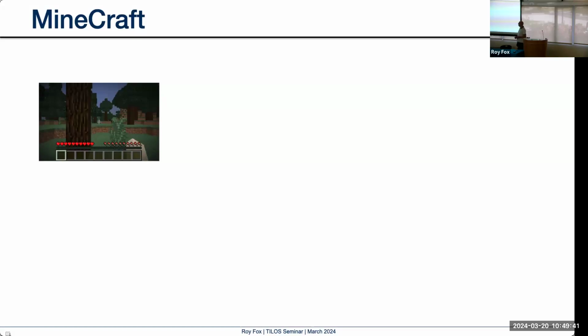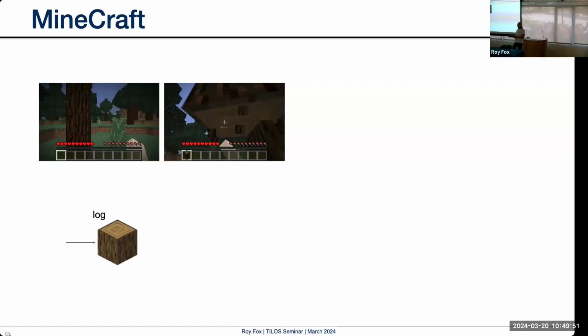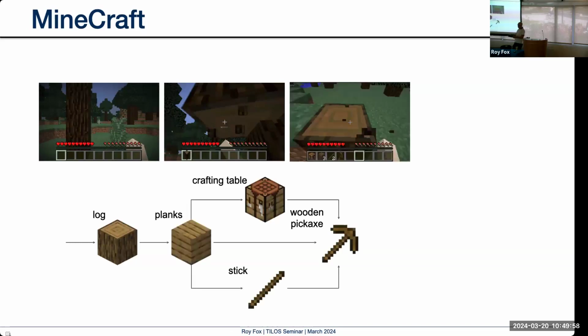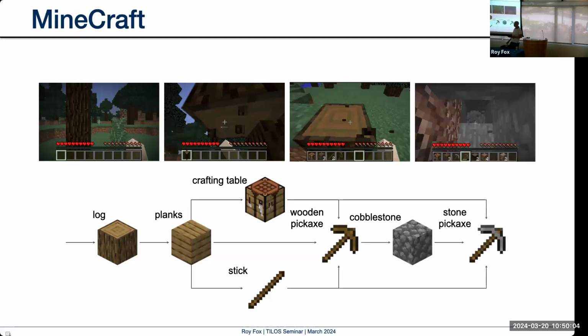So here's an example in a domain called Minecraft. I'm sure you've heard of it, right? The agent is behaving in this world, controlling from vision, from these pixels, and it needs to construct a pickaxe. So maybe it needs to collect logs, then make planks, make a table, a stick and a wooden pickaxe, and then maybe also gather cobblestone with that pickaxe. And finally, you can make a stone pickaxe. This is our task. It's complicated.